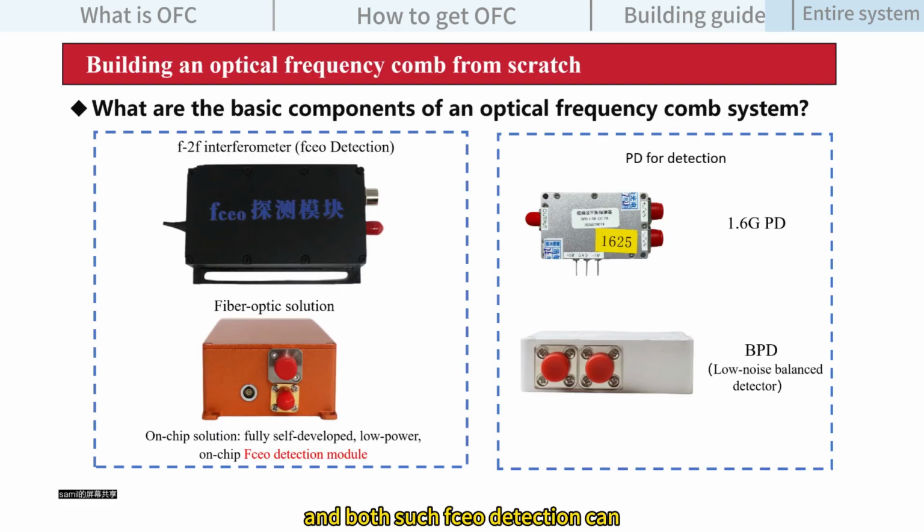Both such FCO detection methods can generate a much higher FCO SNR. And after this, we can also offer the PD for detection. We can offer the 1.6 GHz PD. We can offer the balanced photo detector, which has low noise,